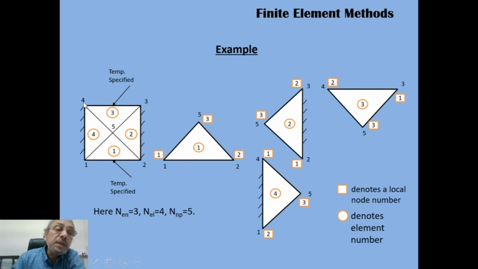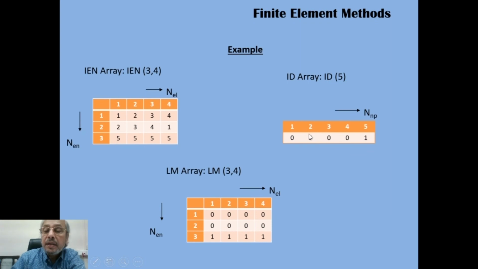So no computation is needed. It is directly known, and for 5 computation is needed, and we are writing it 0, 0, 0, 0 for 1, 2, 3, 4 nodes, and for the 5th node we are writing 1. 1 is the equation number I have just given. It can be any, the way we define equation numbers. It is connected to an equation, and 1 means it is connected to that equation.